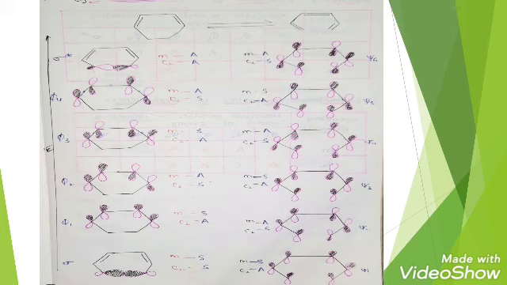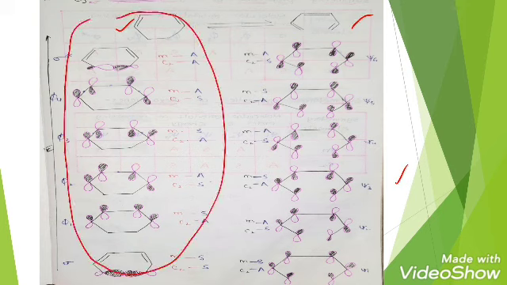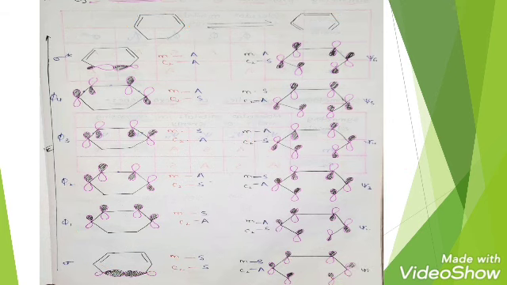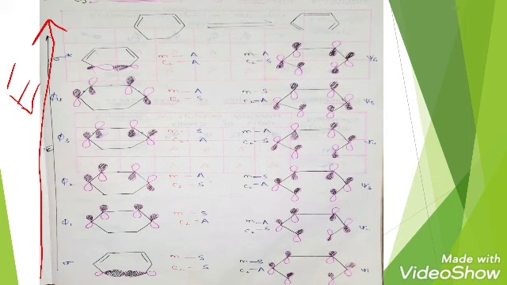So, this is the molecular orbital diagram of the cyclohexadiene and hexatriene interconversion system. The orbitals present on the left side belong to cyclohexadiene, and the orbitals present on the right side belong to hexatriene. From bottom to top, the energy increases. This is the increasing energy of molecular orbitals.